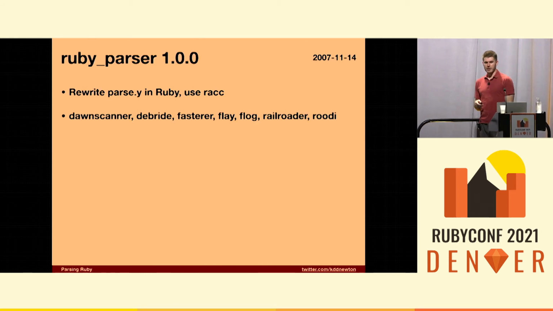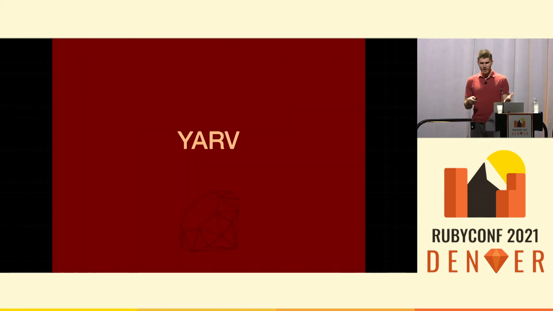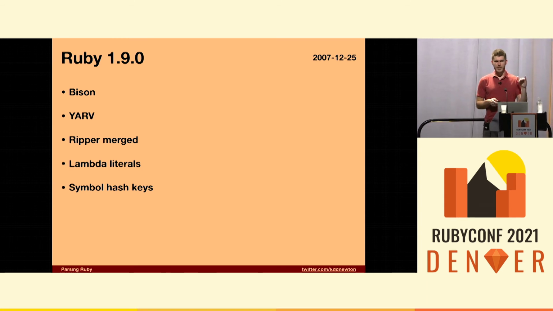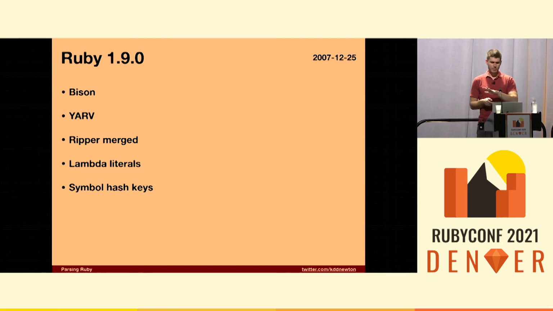Finally, Ruby Parser comes out. Ryan Davis rewrites his parser so that you can use it with Yarv in 1.9. Completely had to rewrite it and used Rack to generate it. Around this time, Yarv comes out. Yarv is a PhD thesis that is a bytecode interpreter for Ruby. It upgrades a couple things. It changes it so that instead of using Yak, it uses Bison, which is just a successor that has a lot of the same functionality.